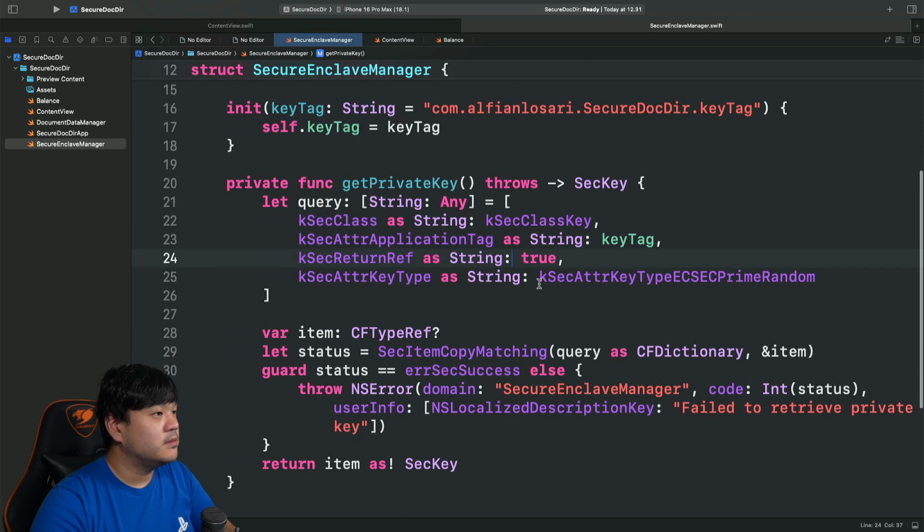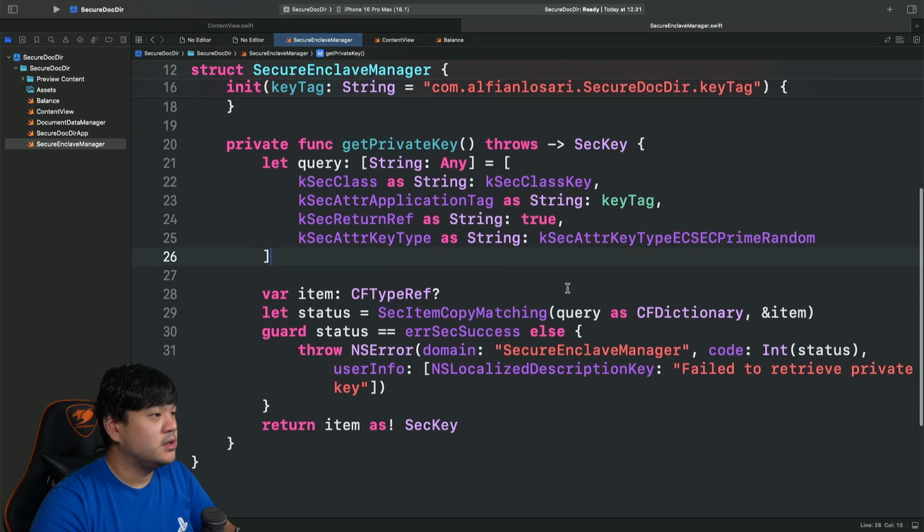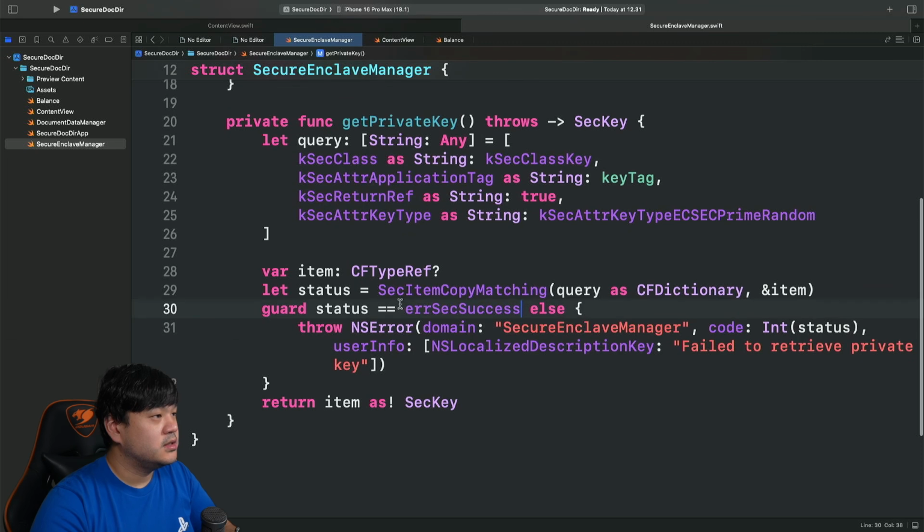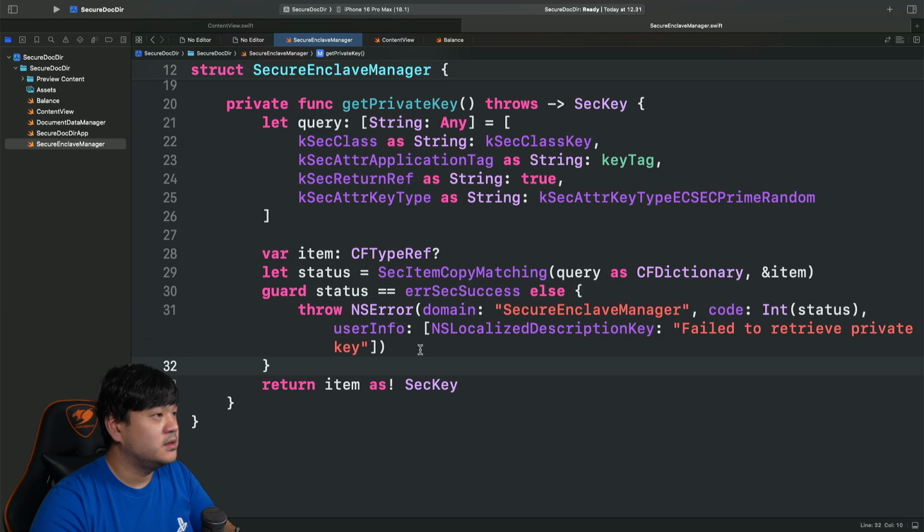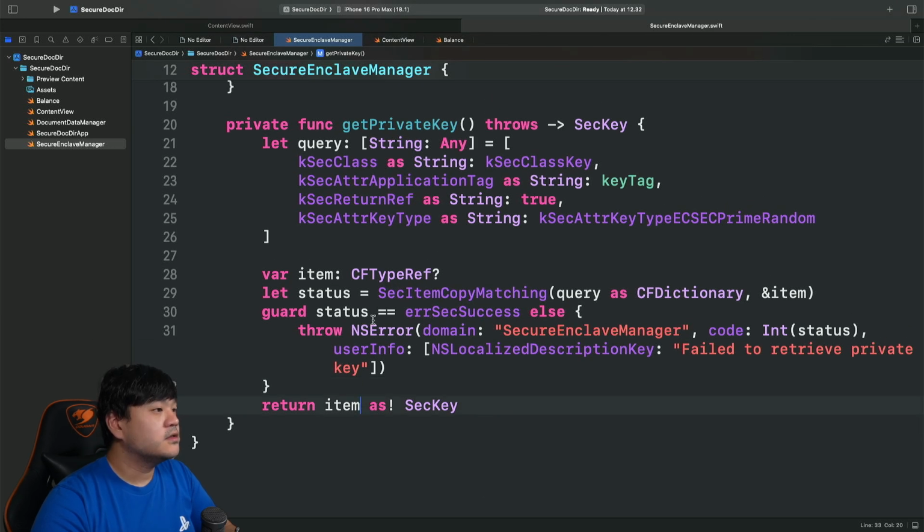For the attribute key type, here we use kSecAttrKeyTypeECSECPrimeRandom. Then we just use SecItemCopyMatching, passing the query as well as the pointer to this item, to get the private key from the secure enclave. If it fails to fetch, then we just throw an error. If it succeeded, we just cast this item as a cryptographic key, SecKey.